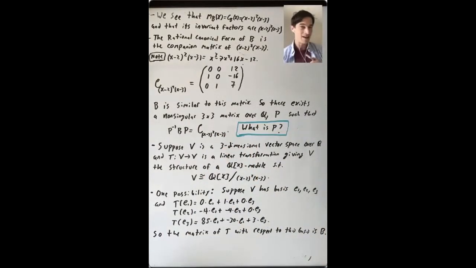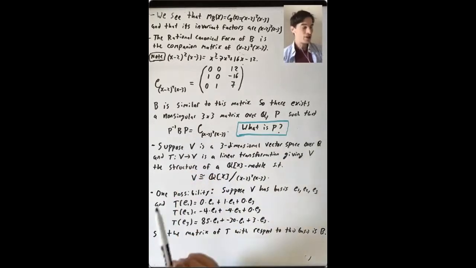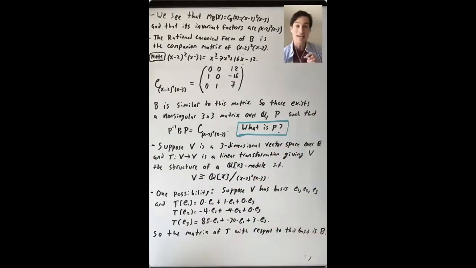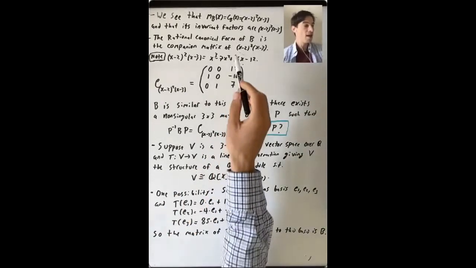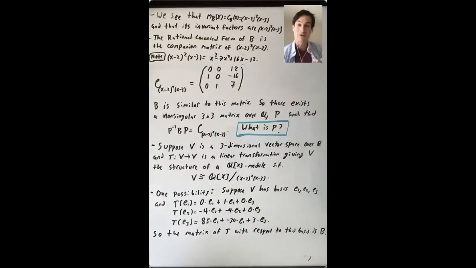But it's not clear how to find this matrix P. So what I'm going to show you in the next video is that the process of diagonalizing the matrix xI minus B lets you find this matrix P in a way where it's not at all obvious how to find this matrix P if all you do is this trick from the beginning that